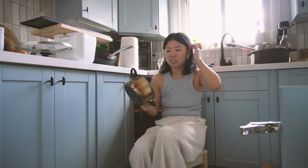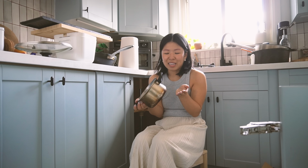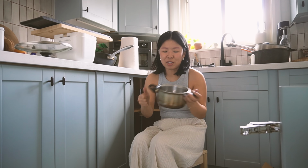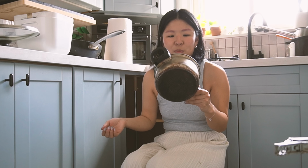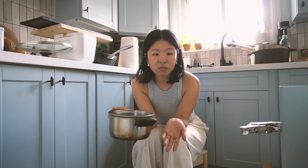Can I show you the most used utensil in this house that is holding on for dear life and is now, I think, a hazard and time to retire, is this little pot. I consume noodle soup minimum twice a week. Well, I could just eat noodle soup every day and not get tired. There's so many different soups, there's so many different noodles. This pot,